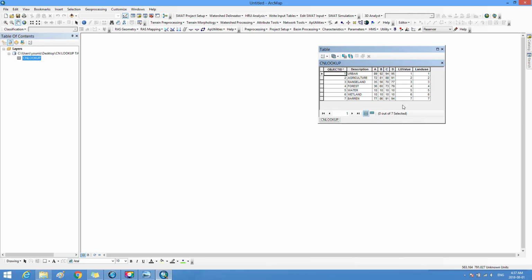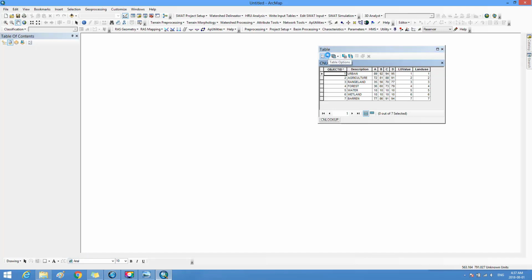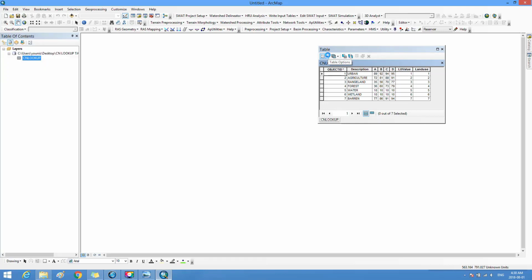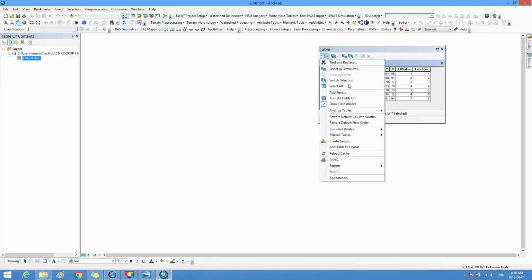Here in this table we prepared it and added fields and data in advance, where at the beginning only the first field titled object appears, where we add the rest of the fields by table option, then add fields,